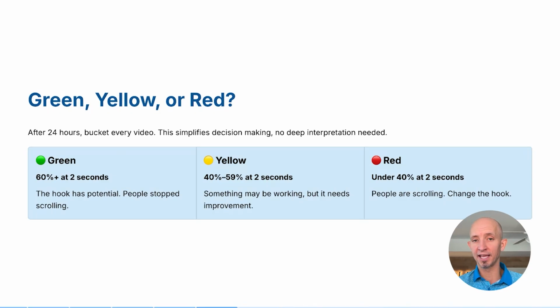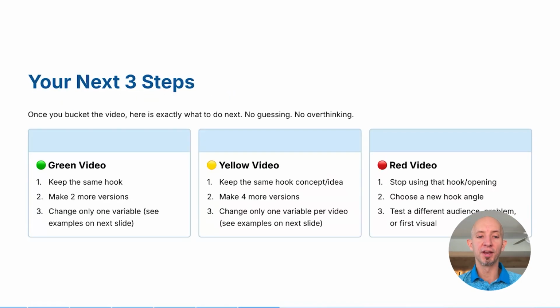That is basically telling me, hey, whatever you did those first 2 seconds, don't do that again. Yellow is like, all right, something may be working, but just change it up a little bit. Green is like, all right, we got to keep reiterating off of this. There is something here. I got to keep doing it. And magic will happen if I can push that above 70, 80% engagement rate. There we go. Now I'm good. I have a higher likelihood of going viral. All right, so here's what it looks like.